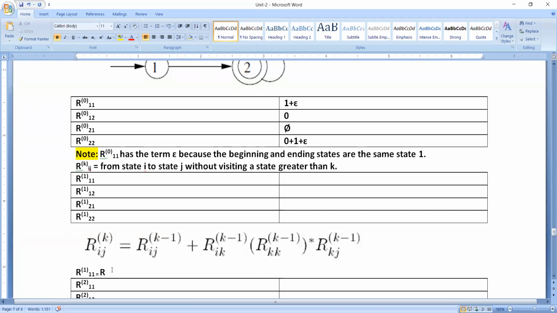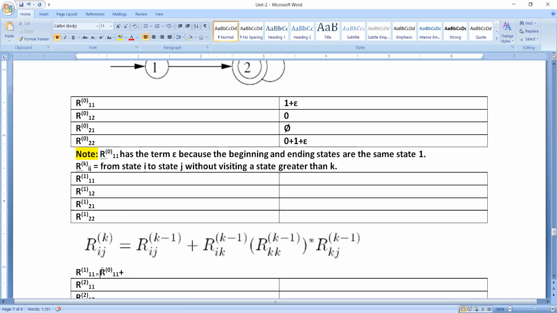We have 1 minus 1, which will be 0. So it will go to superscript 0, and then what does ij refer to? ij refers to 1 1, so this is going to be our subscript. Then plus,